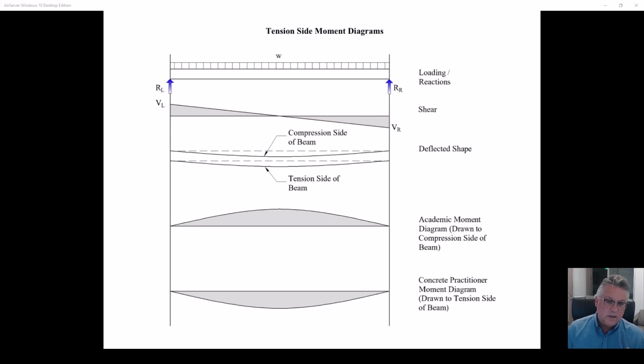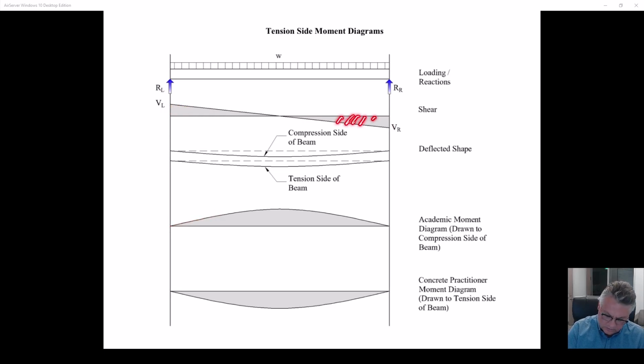And fairly quickly, it can become complicated when you're pushing up on the beam and gravity is pushing down on the beam to know which side is actually in tension. And that's why it's very important that I have you draw your moment diagrams to the tension side. That's going to be where we care. Now, the academic world draws a moment diagram like this. What they say is, well, we take that shear diagram and there's positive shear, so we make a positive moment.